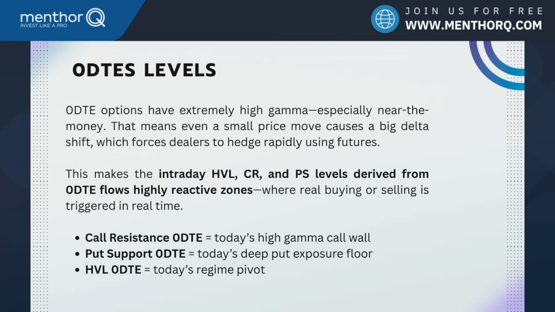Why is this important? Because, as we explained earlier, 0 DTE options have extremely high gamma, especially near the money. That means even a small price move can cause a big shift in delta, which forces dealers to hedge rapidly using futures or the underlying asset. This is why we have developed our core resistance,